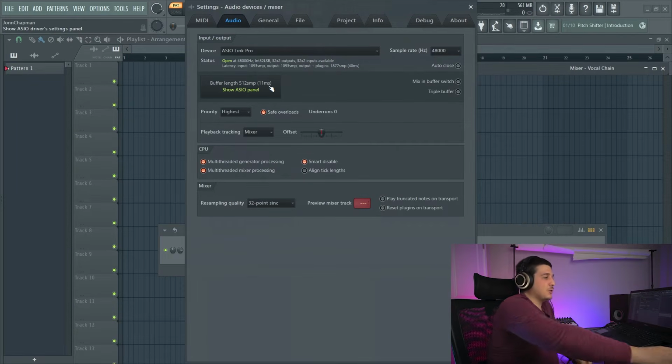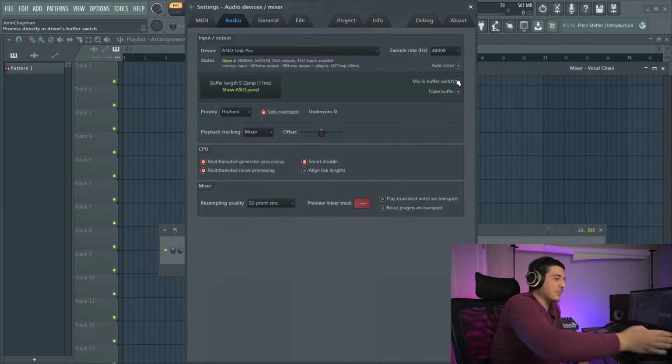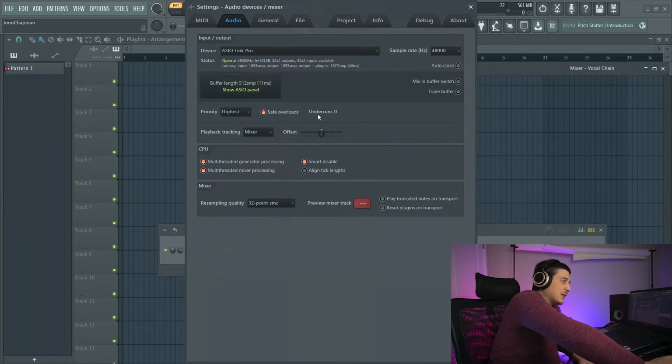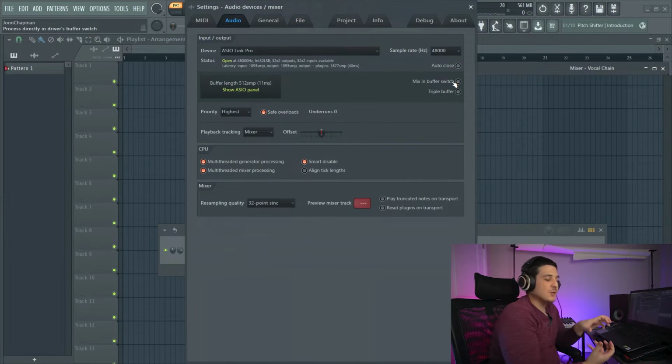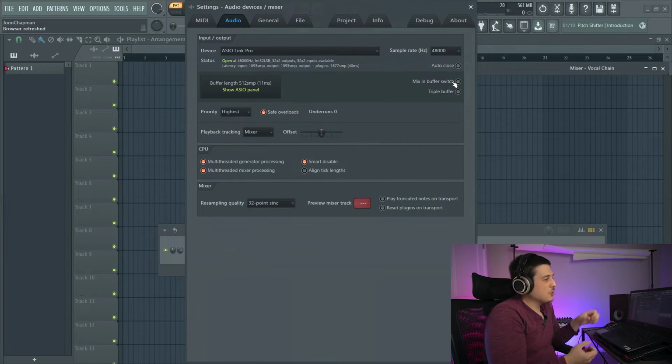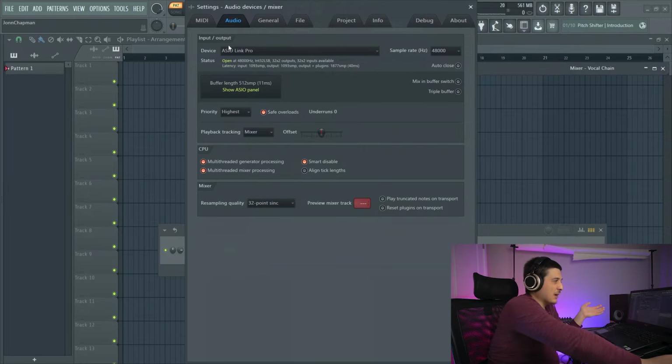So what you want to do is make sure mix in buffer switch is off, and move your buffer length as low as possible without getting these underruns. With mix in buffer switch, it's processing as close as it can to the actual audio driver or the hardware that's being used. The buffer switch is what calls for audio from FL Studio to play on the device that we have chosen